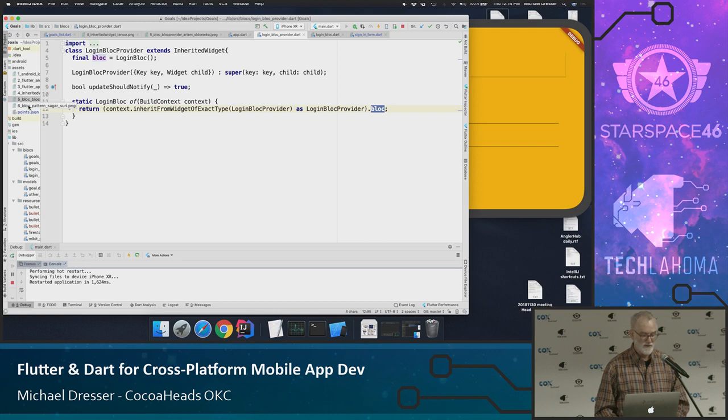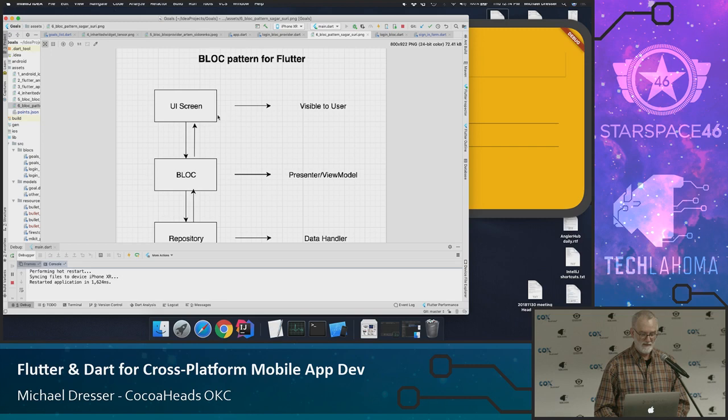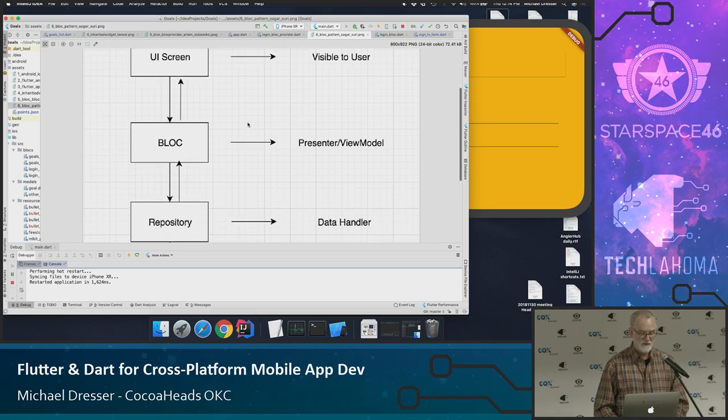So how are we going to use this block? The way it's used in this app is that we have this login screen sign-in form that the user can see. It's going to use the block essentially as a view model or presenter, or there are other things that go in this layer, anything that you may have used at this layer.